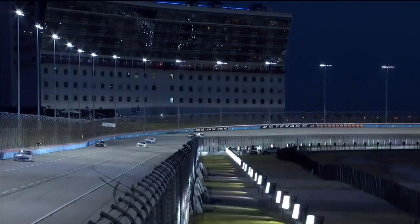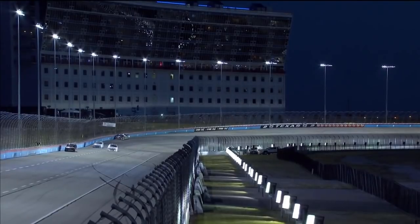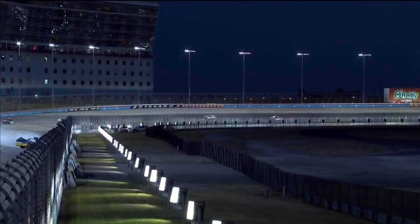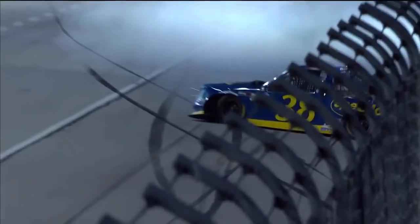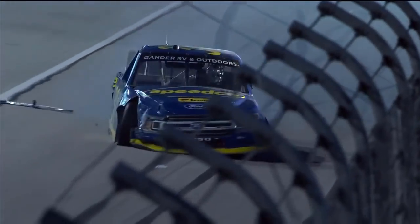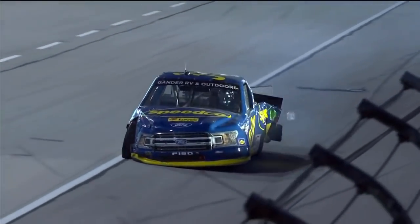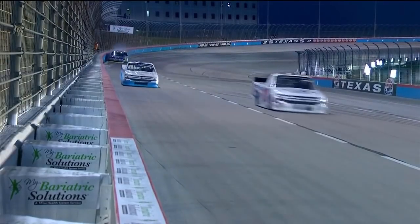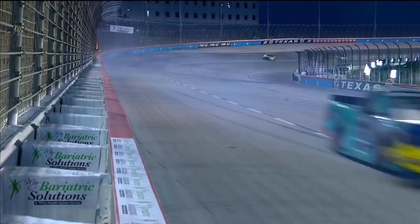Racing with the 99 of Rhodes. Did they have some contact? They both did. I'm curious to see what happened further back in the corner. We see the end result. Ben Rhodes not very happy when they got on the straightaway there, it appeared, after they both went to the wall. Hard hit for Gilliland on that inside wall as well. Looked like maybe Gilliland thought he was clear, maybe, Regan, and moved